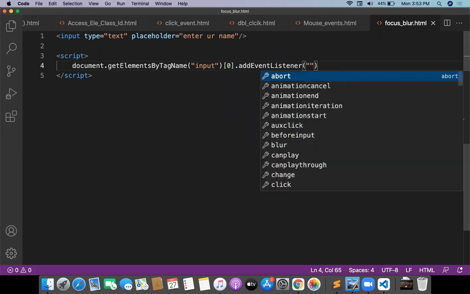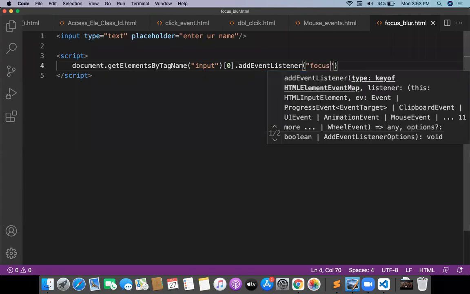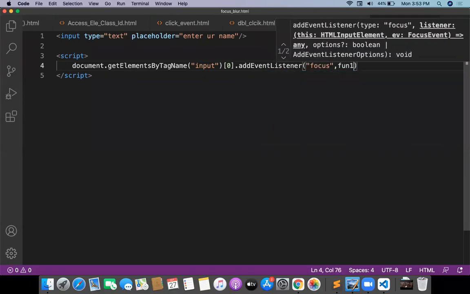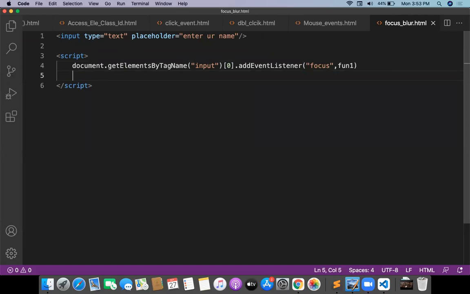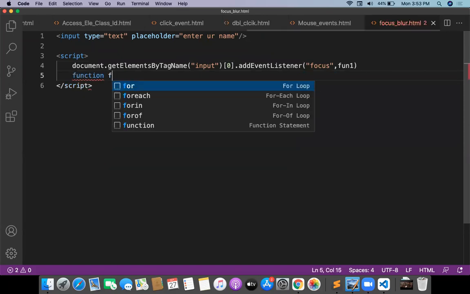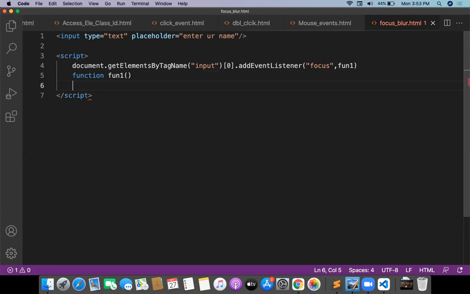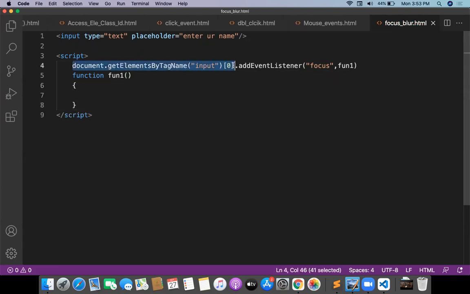Dot add event listener. Listener name is focus, comma function 1. Let me write function fun1. When I do focus, I want to change the background color.